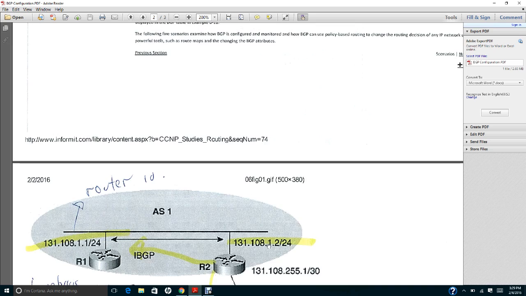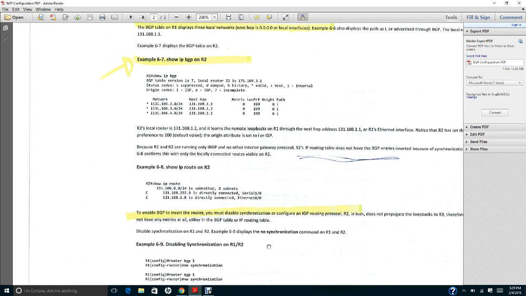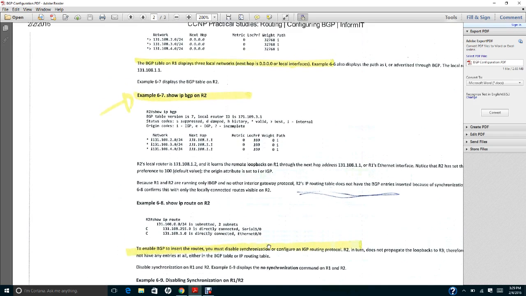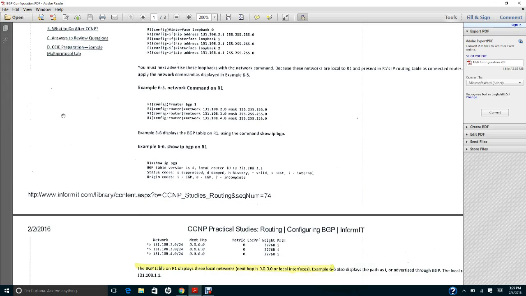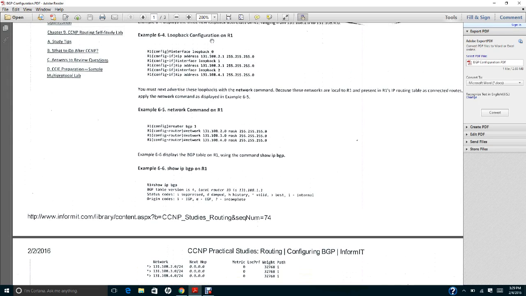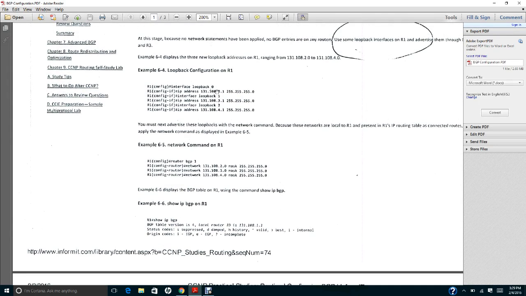After that we need to configure the loopback address. How do we configure the loopback address for R1? The loopback address, as I mentioned to you earlier, is this one. Interface loopback 0, and type the following address: ip address 131.108.2.1 255.255.255.0.